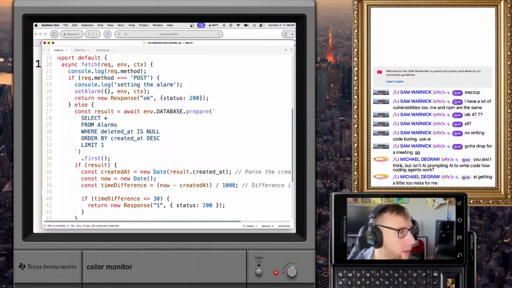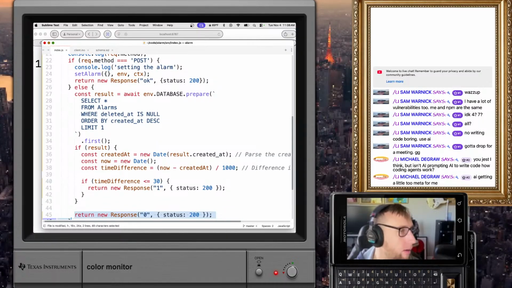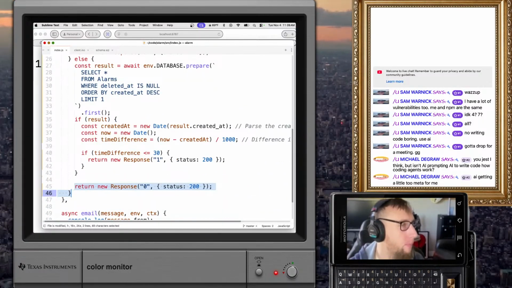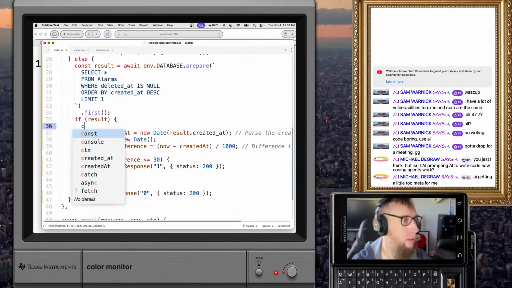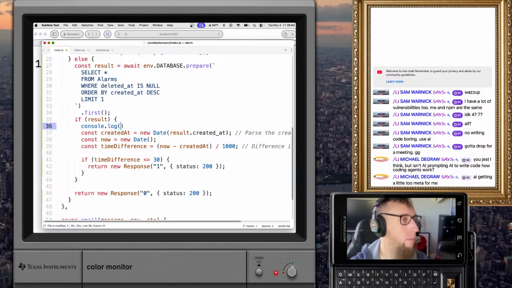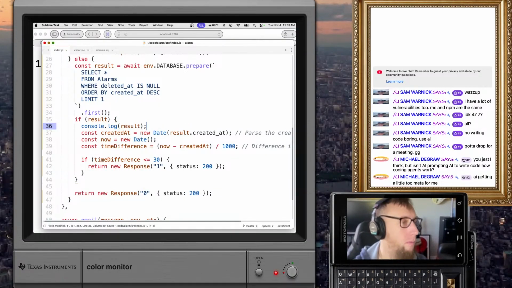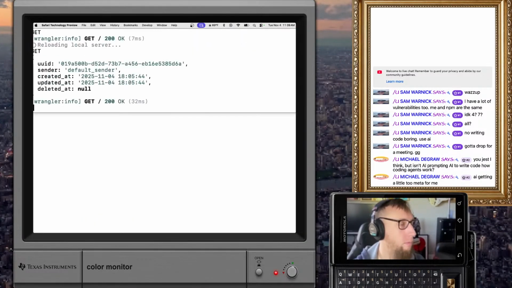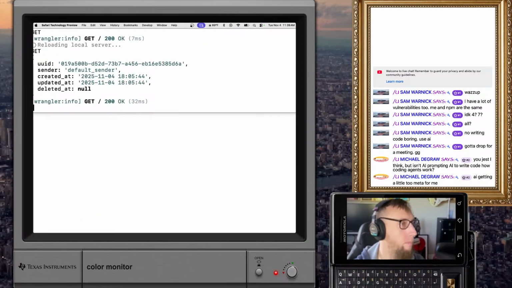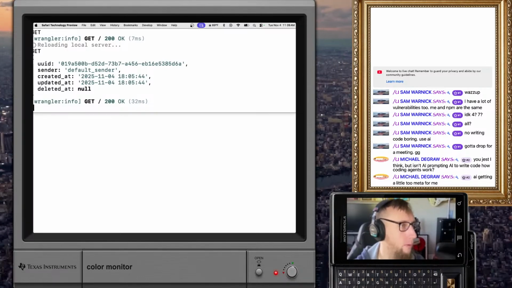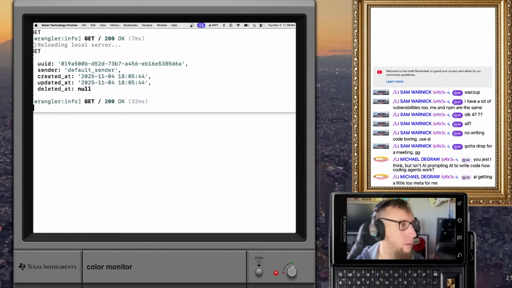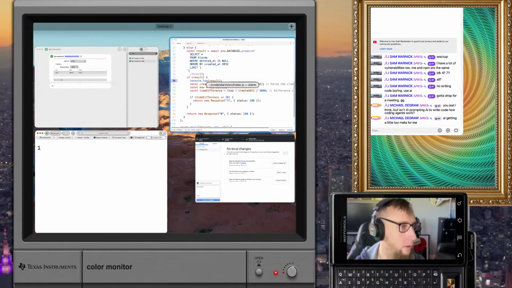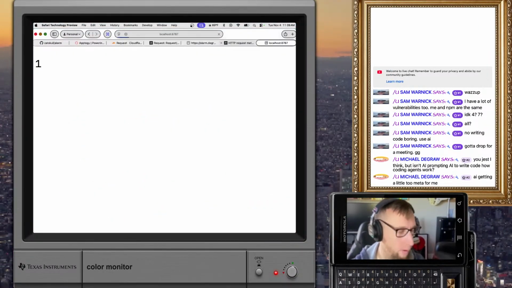Order by created at descending, limit 1, dot first, if result. Maybe I screwed up something.